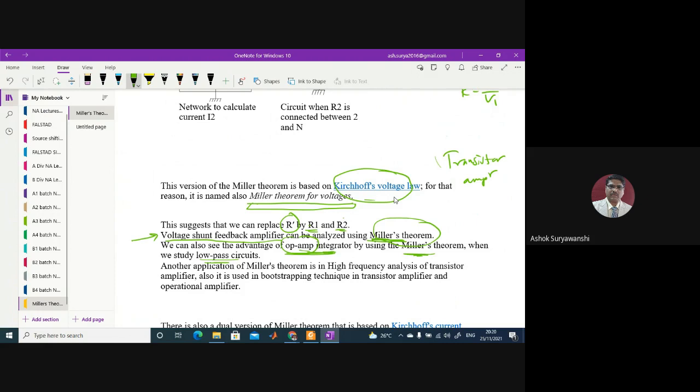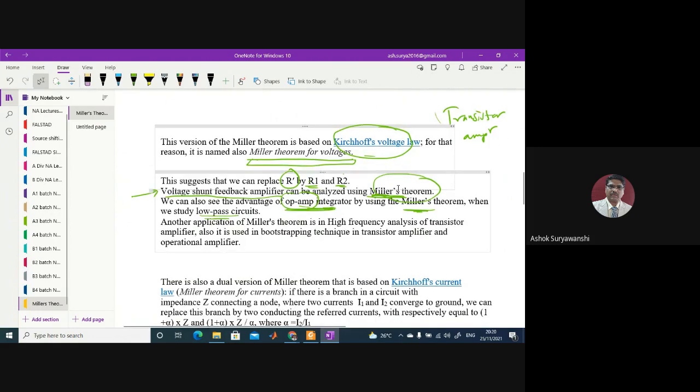So when you go for the high frequency analysis of a transistor amplifier, the inter-electrode capacitance, also called parasitic capacitance, comes into the picture, because the coupling capacitors in the transistor become short circuit, and the parasitic capacitance between base and collector and emitter, or emitter and base, comes into the picture. And suppose base is the input, and collector is the output, and emitter is ground,